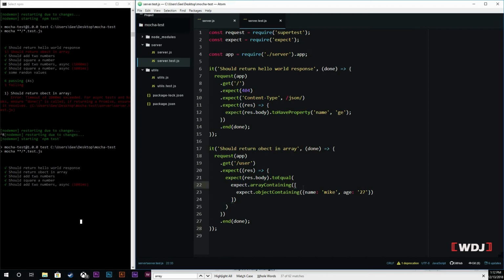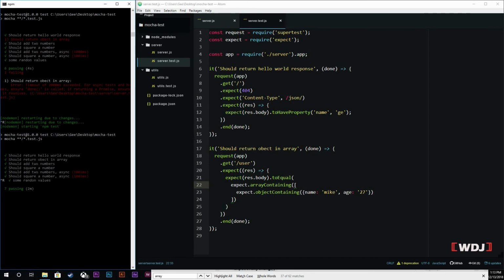Now, describe is a way to actually organize our tests and see where they're coming from. Right now, you're just getting a list of all the tests that we have, and you don't know where they're coming from. You don't know if it's in the same file, or if it's 6 or 7 files they're coming from. Describe lets us turn this around